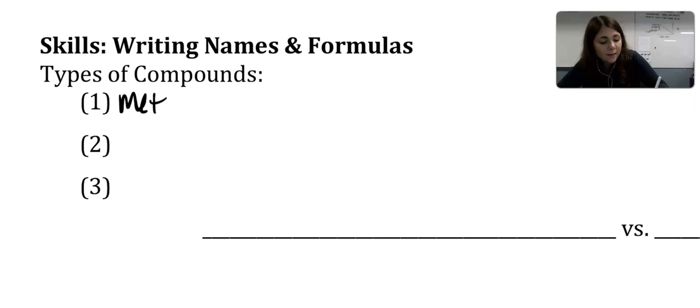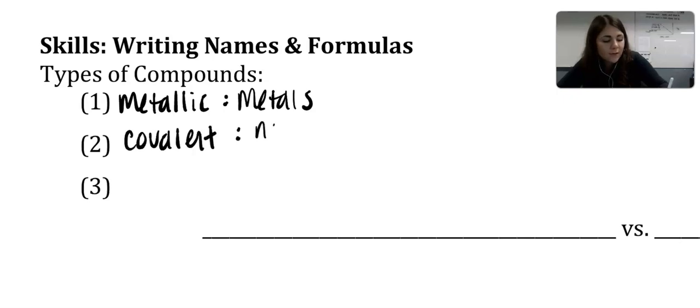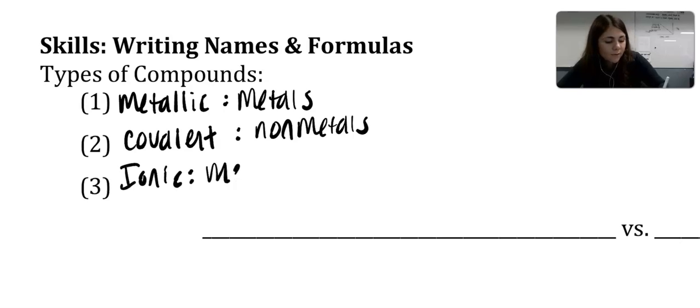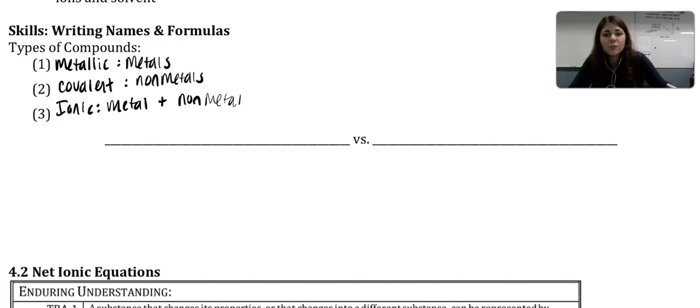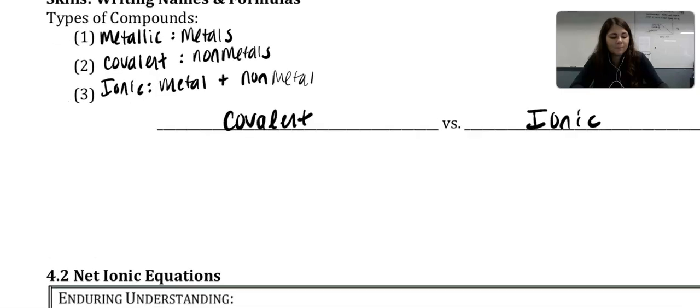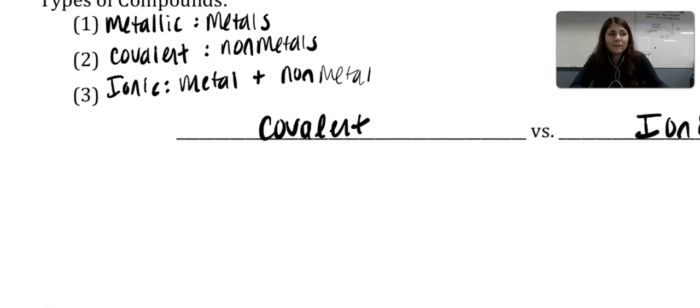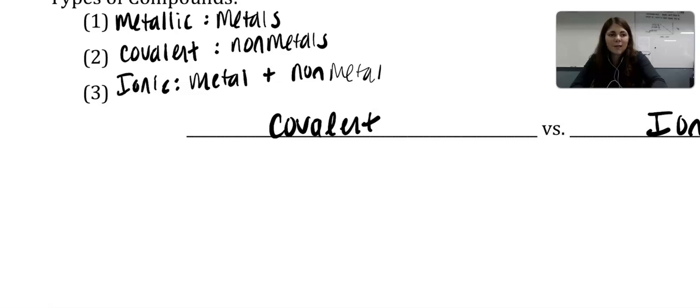We have metallic, which consists of metals. We have covalent, which consists of nonmetals. And then we have ionic, which consists of metal plus nonmetal. So here, when we name, we're mostly just looking at covalent and ionic compounds. So here on the left, I'll talk about covalent naming, and on the right, I'll talk about ionic naming, okay? Make sure I definitely did not leave you enough space, so you may want to get another piece of paper